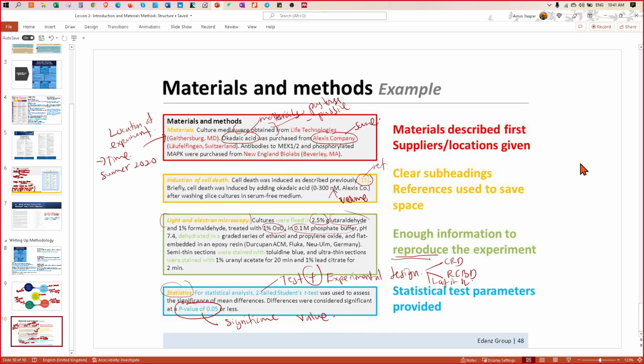Okay, for those who just started, you still need to do your proposal. You need to propose what kind of project. You ask your supervisor what your project is going to be about. Propose the materials and even the methods. For the supervisor selection, we decide it in our final semester.